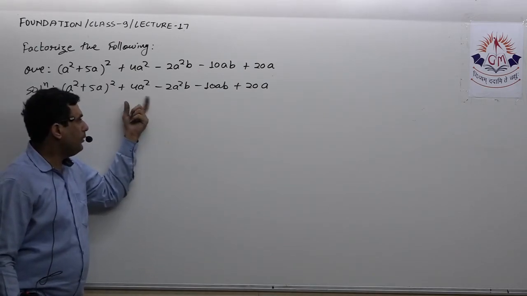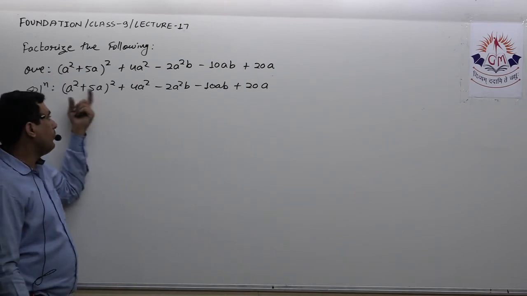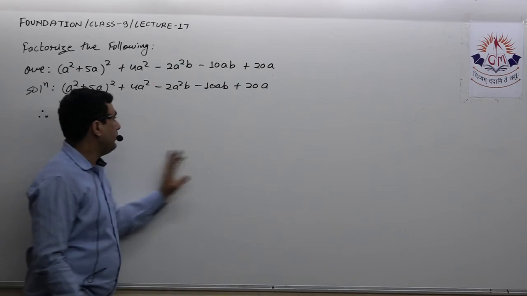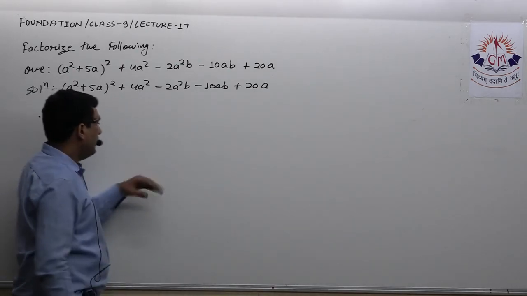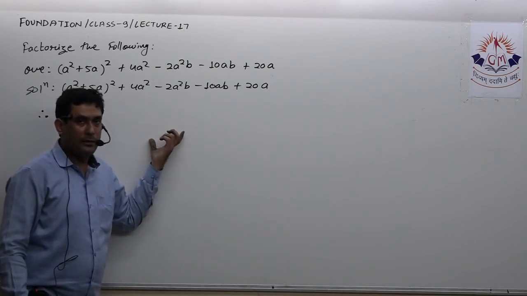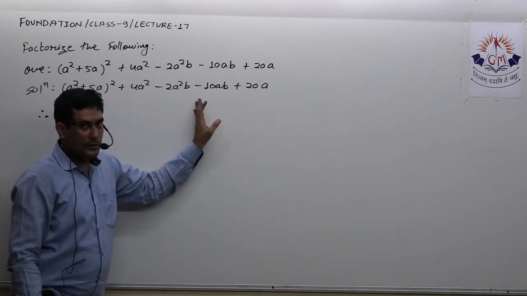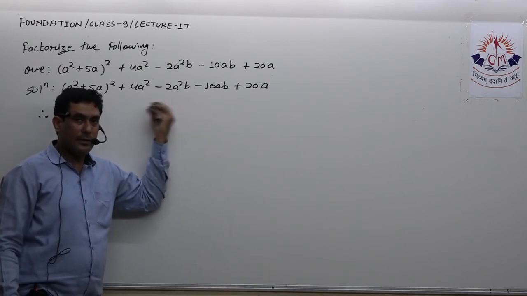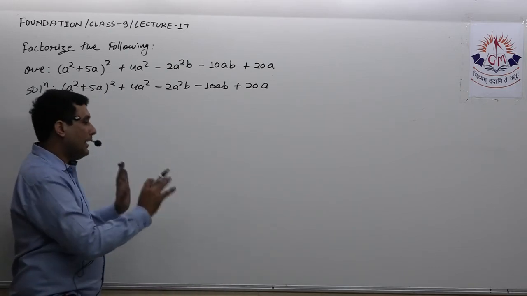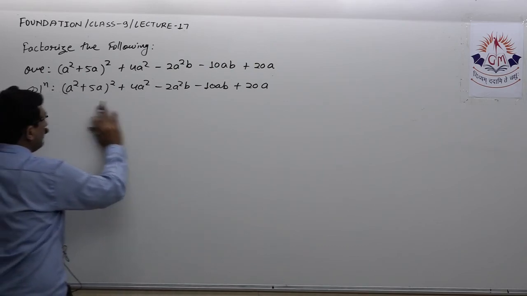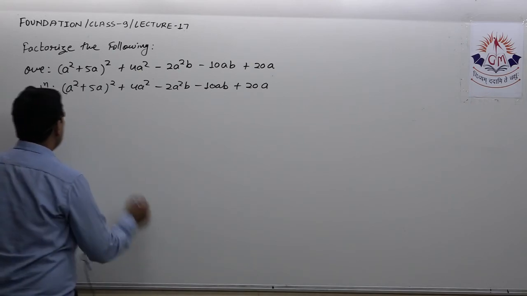If I take whatever is common, in the bracket I will get something minus something, which is definitely not similar to this. So before I take common, I write these two positive terms together, so that after taking common I will get both terms positive in the bracket. Similarly, these two are both negative terms. So if I take something negative common, definitely in the bracket I will get both terms positive. And if those are equal to this, then it is possible to find the factors of this expression. Otherwise, we have to think in a different way.